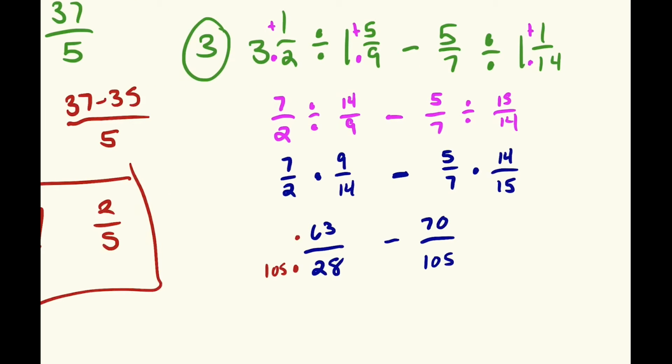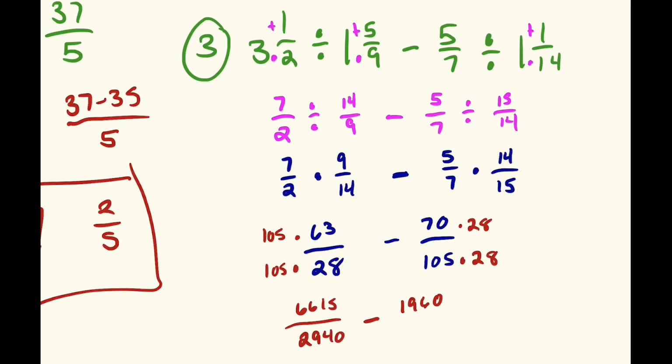So I multiply the left fraction by 105. We multiply the right fraction by 28. Doing that, I end up getting 105 times 63, which is 6,615. Don't freak out over the large number. Just keep doing your process. Over 105 times 28, which is 2,940. We are going to subtract 70 times 28, which is